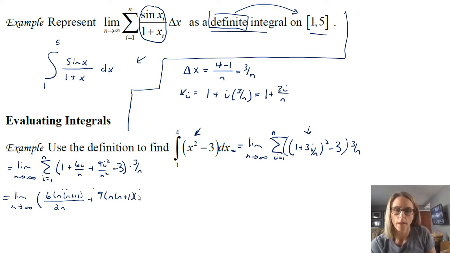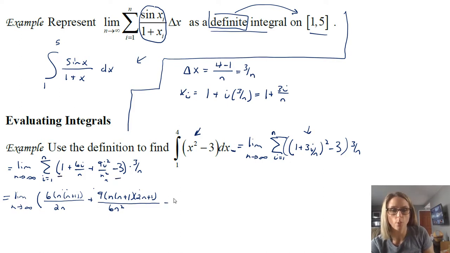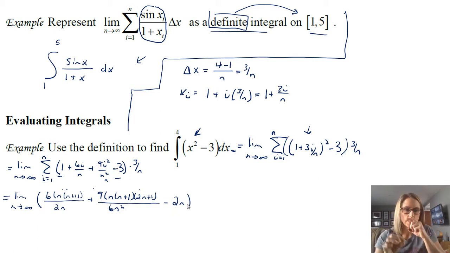n plus 1, and then 2n plus 1, and this is over 6, and then we have an n squared in the denominator, so that's coming from right here. And then we had the 2. So we had 1 minus 3, so that was a minus 2. When we sum that, it's going to be a minus 2n, because any constant summed from 1 to n is multiplied by n, because you're basically just adding up a bunch of minus 2's every single time. And then we have our 3 over n over here.